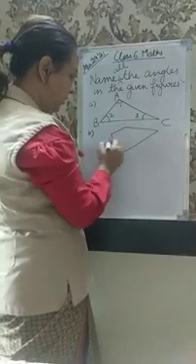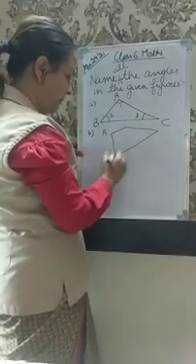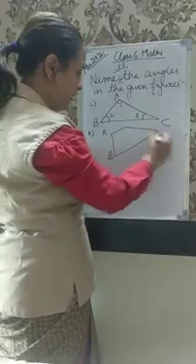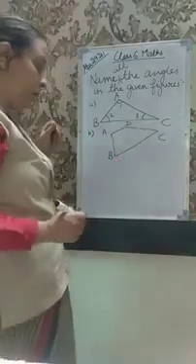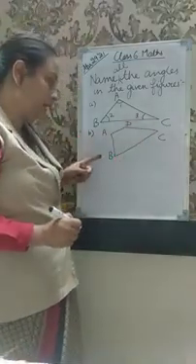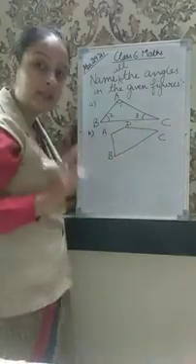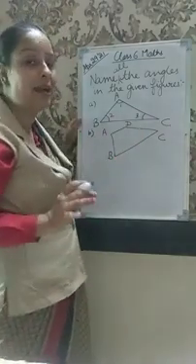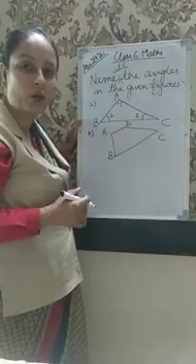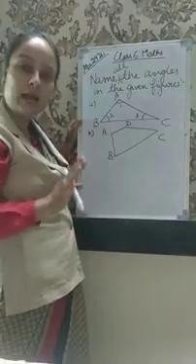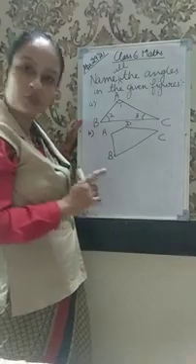Alright, I have drawn a quadrilateral. Again I have written the name A, B, C, D. This is a quadrilateral and you have to name all the angles. Now I'll just give you a small hint about which angles are getting formed in this quadrilateral. There are 4 angles which are getting formed in this quadrilateral.